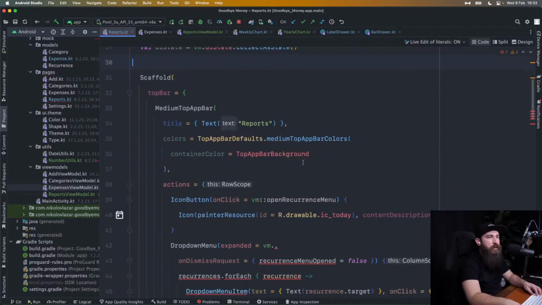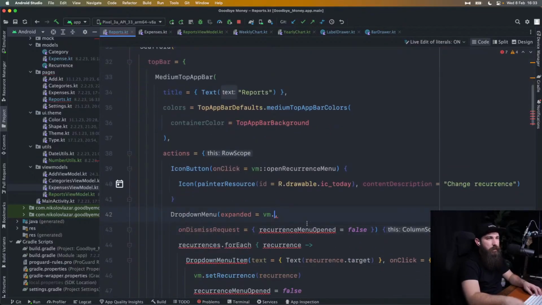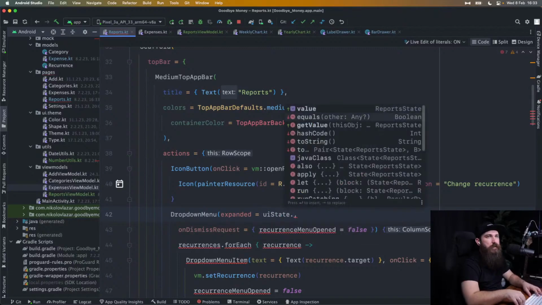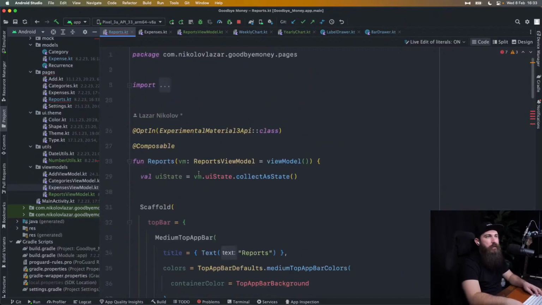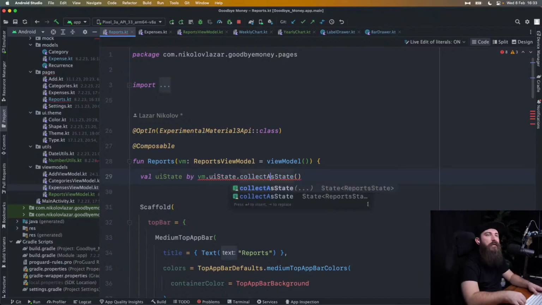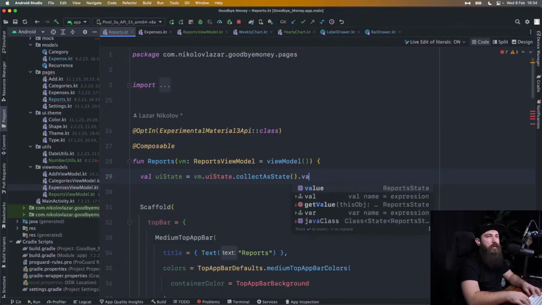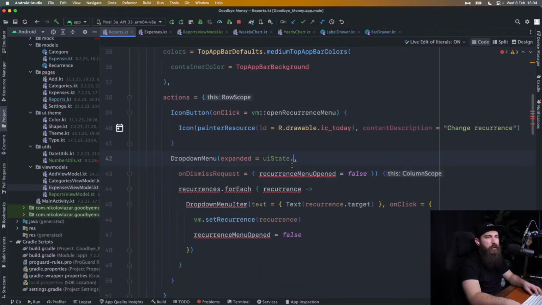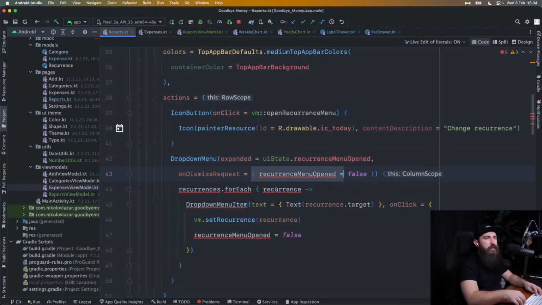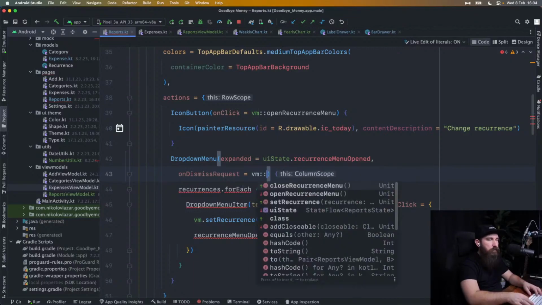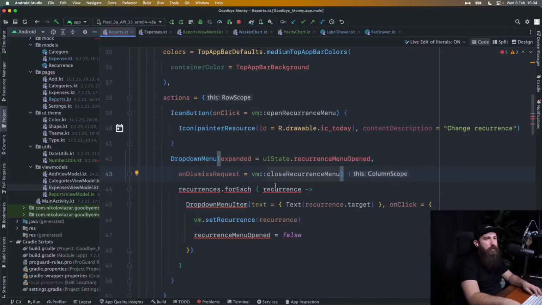So there's our UI state. UI state dot value, I guess. UI state dot recurrence menu opened on dismiss. Cool. On dismiss, then we can just say VM close, and then inside we want to render the recurrences, and it's in the recurrences